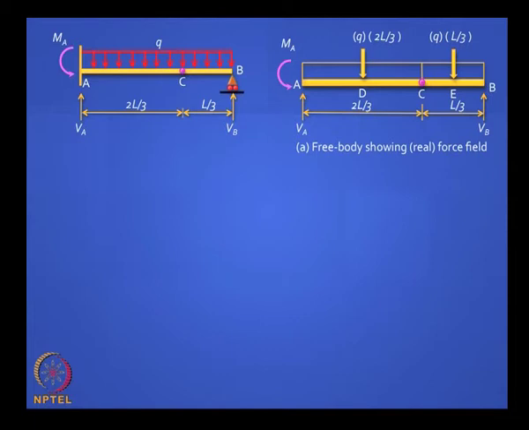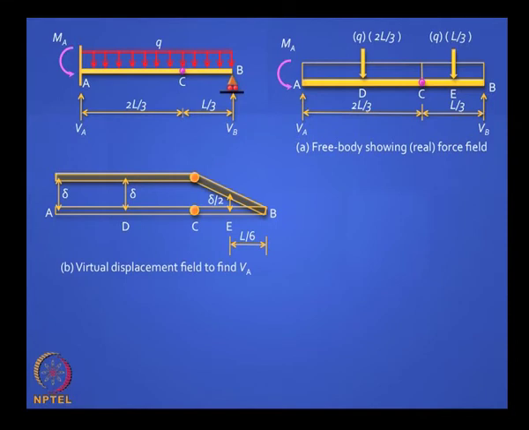Okay, so at the left edge it is not shown, at the left edge you have a fixity. In this figure please note there is a fixed end support at A, and you want to find these reactions. What you see on the right side is the free body of the force field, which is real. If you want to find the left reaction VA, you lift it up by delta, but lift it up in such a way that the fixed end moment at MA does not do work, so it must remain horizontal, and you will find this is the only way you can draw the deflected shape.